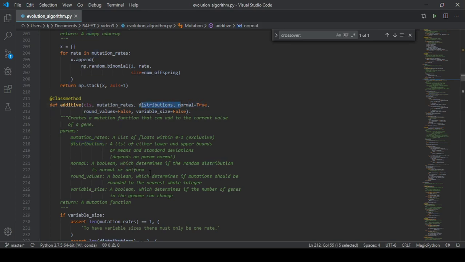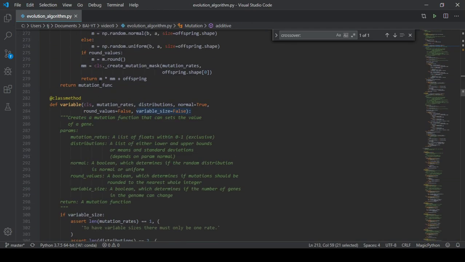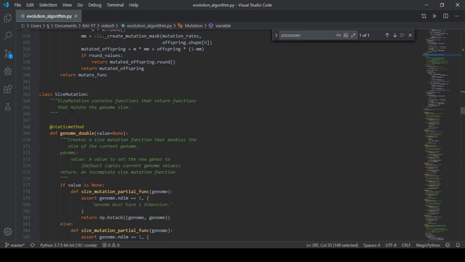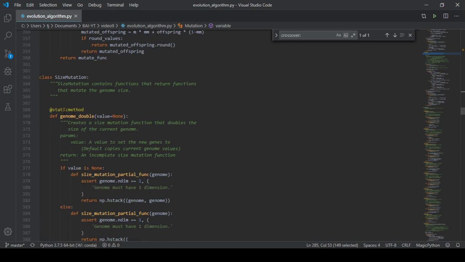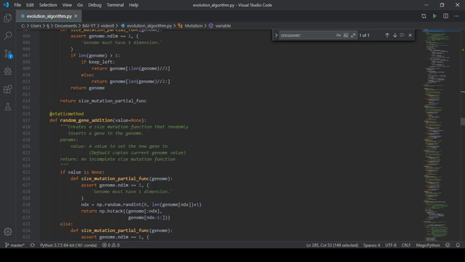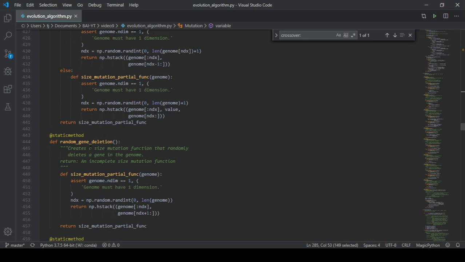And then, if you want to round the values, you can. It will treat the mutations like an integer. And then again, the variable size. And for variable right here, it's the same things, and that's pretty much all for that. Then we have size mutations. Size mutations can double the genome, halve the genome, randomly insert somewhere into the genome, and randomly delete from the genome,